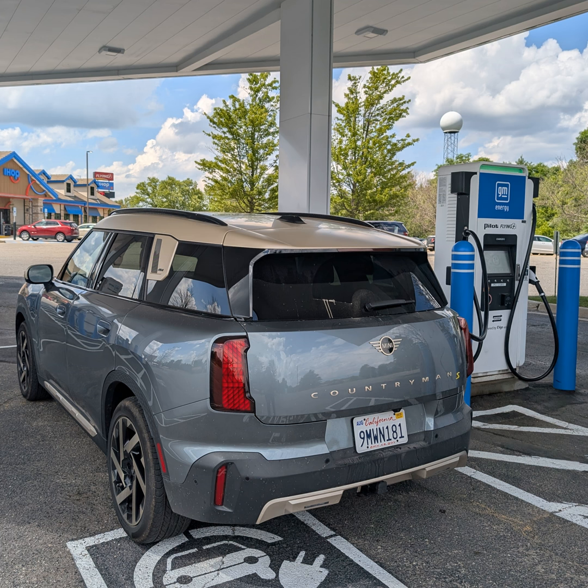The test unit I had was equipped with the optional 19-inch wheels, which drops the range slightly from 212 miles to 204. The Countryman arrived in my driveway just as Michigan and much of the country was getting hit by a heat wave that put temperatures into the mid-90s with high humidity. As a result, I did all of my driving with the air conditioning on, and about 90% of my driving that week was on the highway, with the cruise control set to 75 to keep up with the flow of